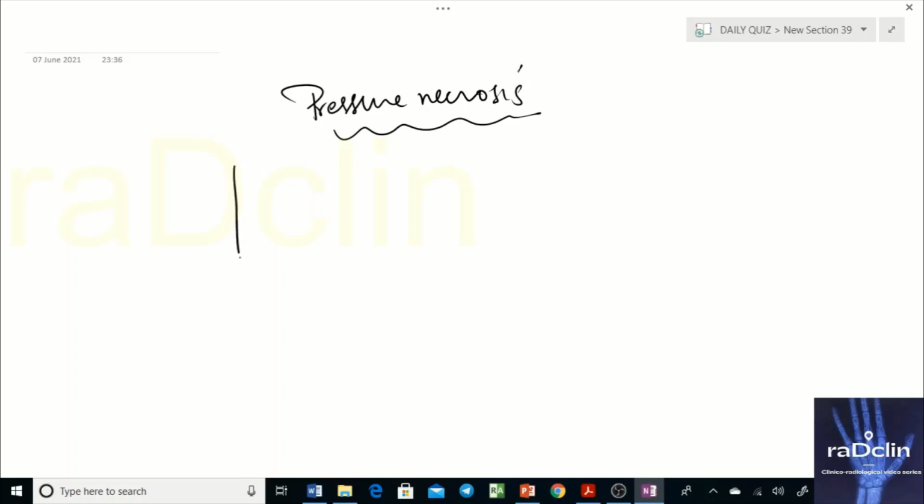Okay, so this is your trachea, let's say, and there's an insertion of this tube. So this tube is inserted. Okay, and this tube, there's a balloon that is there. This balloon is inflated to fix this tube. So this balloon, what does it cause? Okay, so this is the tip of the tube.